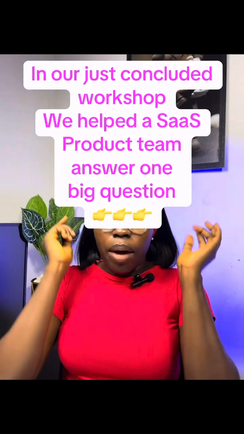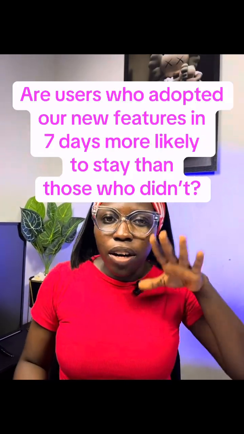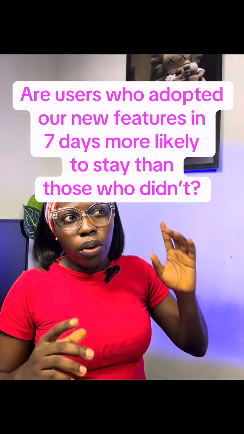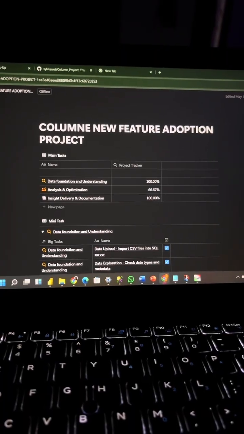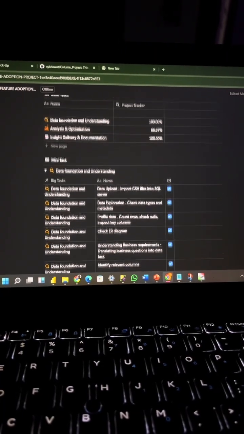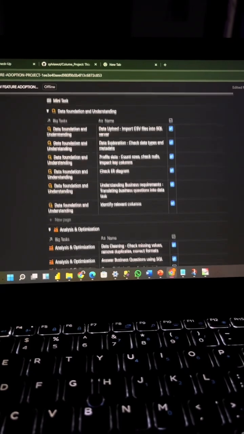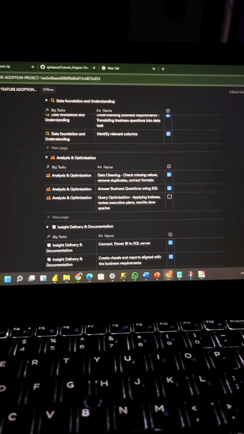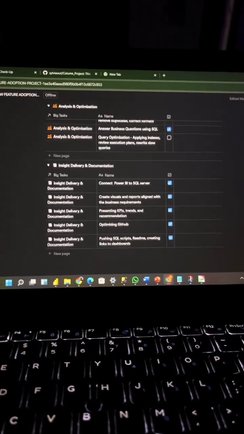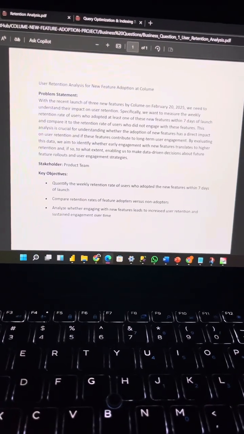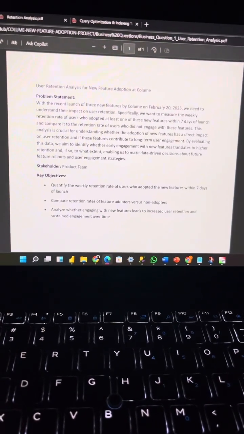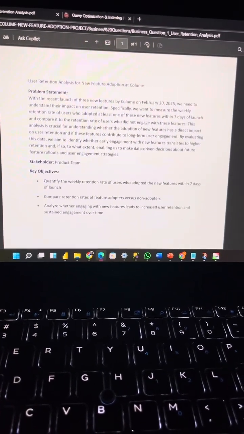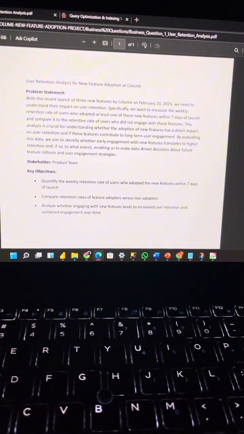Here is how we helped a SaaS team gain insights with data for their next feature rollout. We used Notion to map out everything. We divided the big tasks into sub-tasks so we know what to do at every point. The next thing was to understand the business problem, know who our stakeholders are, and also the key objectives that